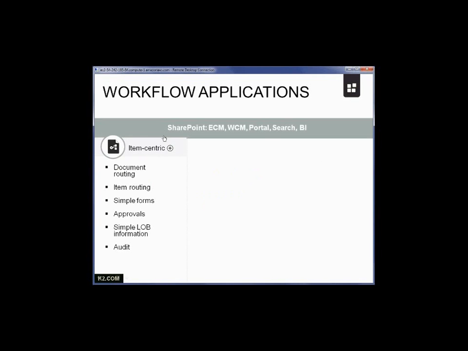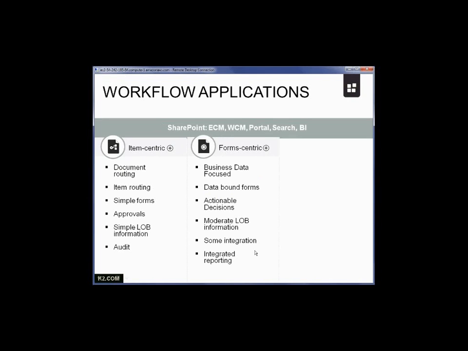So if we go back to that main site of the workflow applications, there's also a second level, so more form-centric. So we've moved beyond the simple form just giving us our simple information. Now we want to expose additional information. So we want forms that actually receive information from our line of business and even update that information. So some integration, maybe a little bit of reporting beyond that, decisions that are actionable depending on some of the information on our forms. So if we take a look at an example of that real quickly,